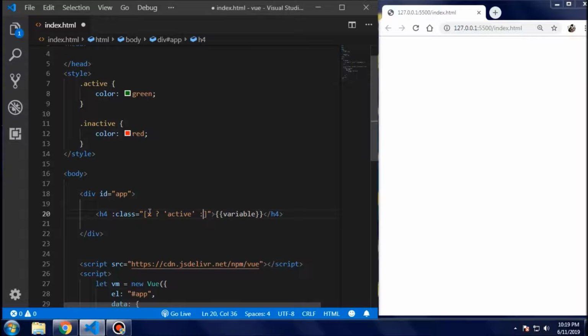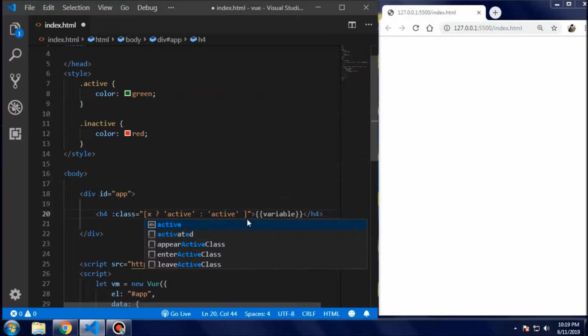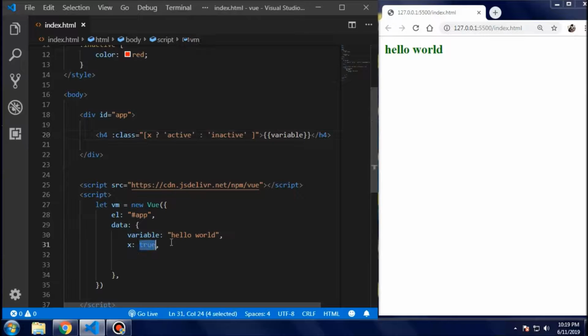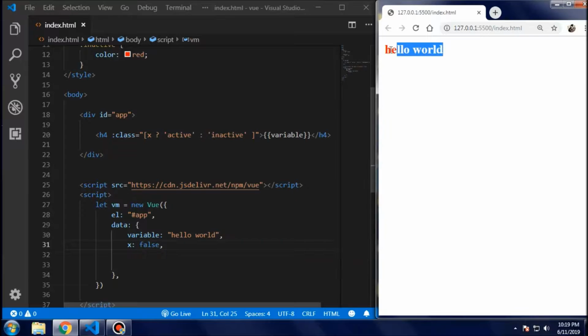Else, so you already know the ternary operation in here. So if x is true, then add this class, or else, this colon means else, add single quote inside, guys, and inactive. So as you can see, we are getting a green color text here, which means it is active and x is true. So if I change the value of x to false, as you can see, it has changed the